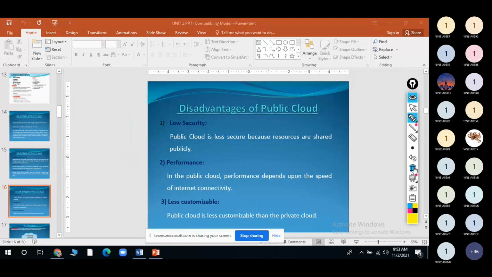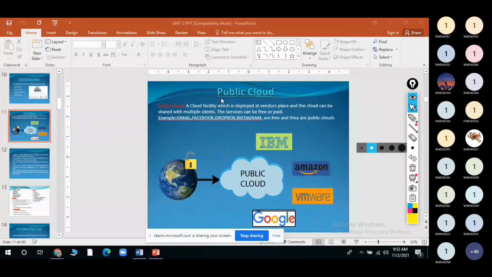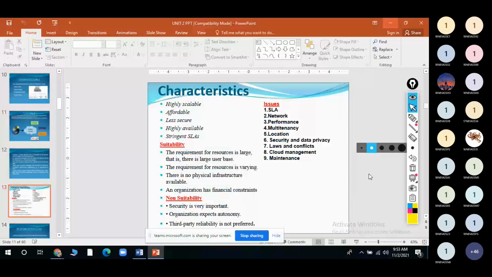Very important. In the exam you will get a question. You have to explain this deployment model, draw this diagram, and explain the 4 types. You have to explain point by point, draw the diagram, and write all that matter, and keep all the side headings. What are the characteristics, suitability, highly scalable, you have to write 2-3 lines, okay?